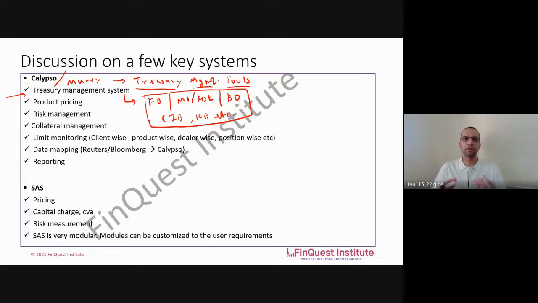Of course, those access permissions will be different for everyone, because that has to do with the overall operational risk management perspective. We'll talk a bit about it later on. But everyone in the bank will access this system. So you can imagine the size of this system and the complexity as well. So a few features which you'll observe here, you have product pricing. So calculating the daily valuation or daily MTMing of your products can be done through these systems. Then risk management, so calculating your risk metrics, so things like bond durations, option Greeks, etc.